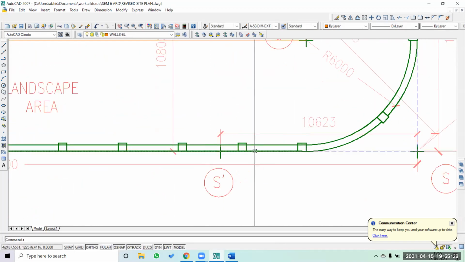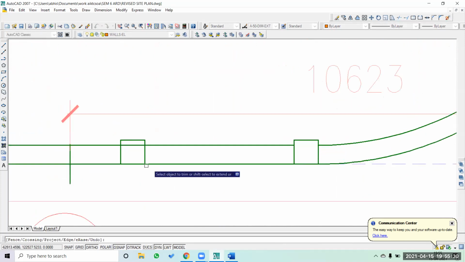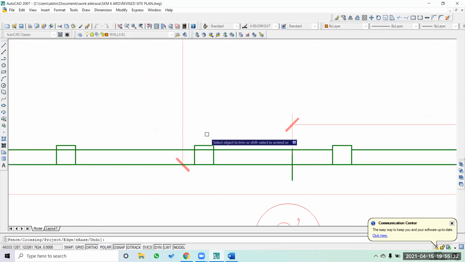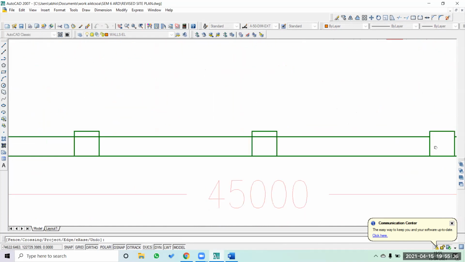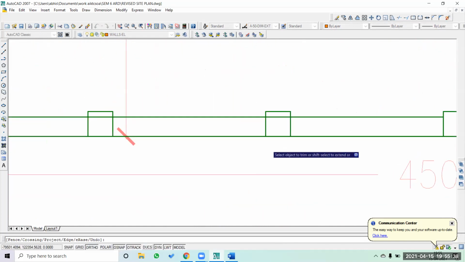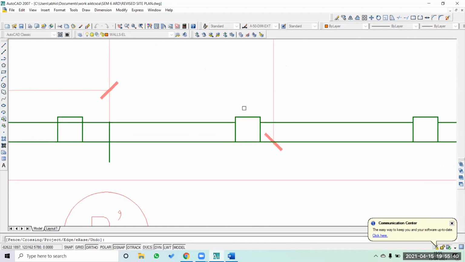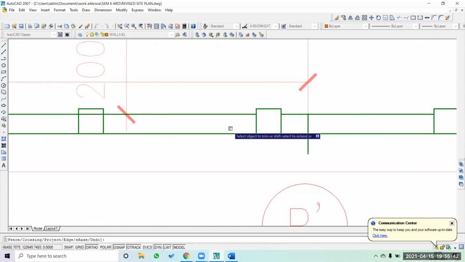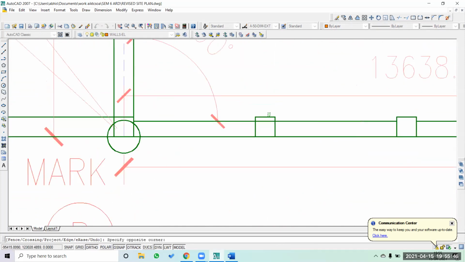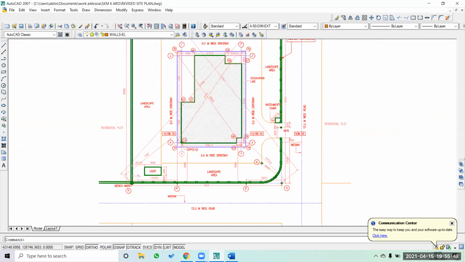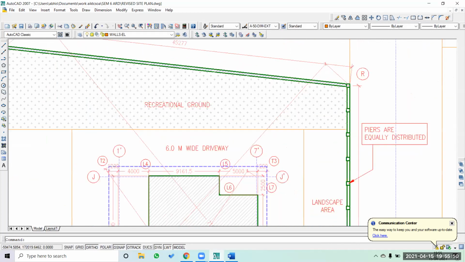So that's how I'm using AutoCAD to help me divide the line into multiple points, so I don't have to manually sit and calculate the size. That's how this particular compound wall is also finished.